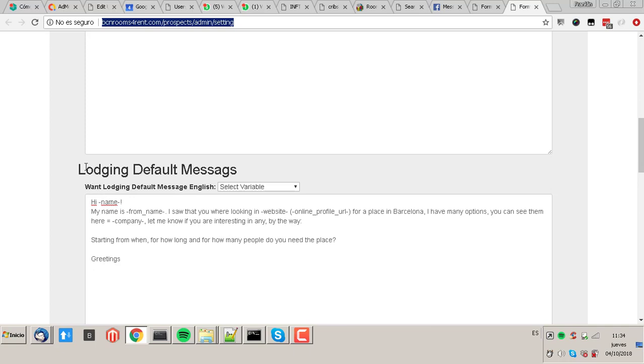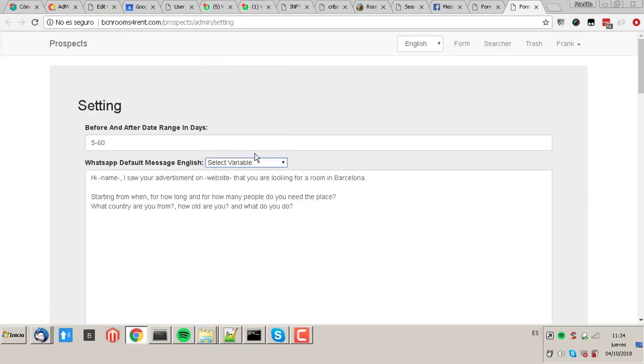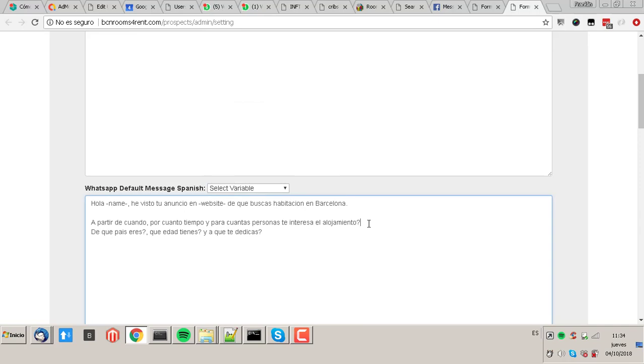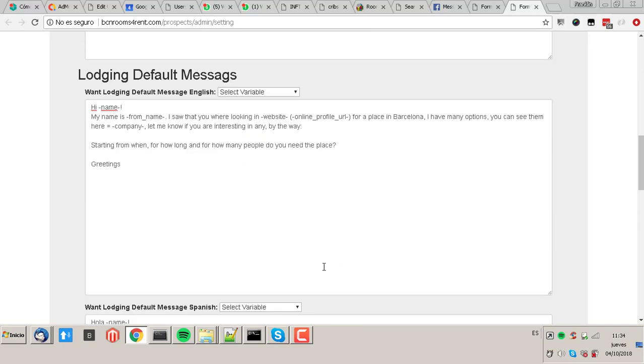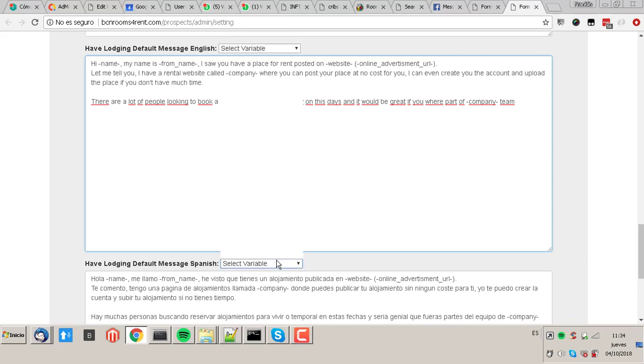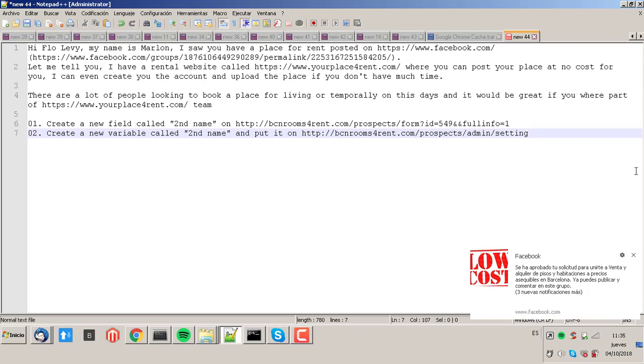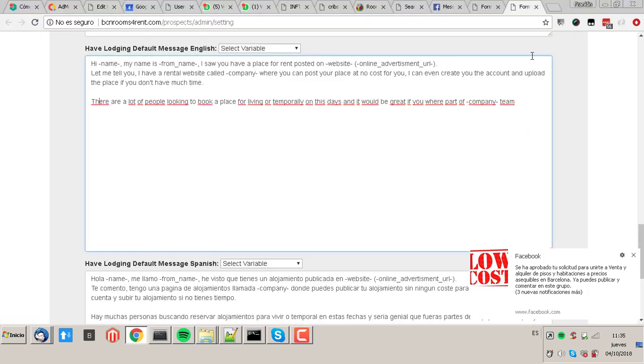I mean, not only for, because I'm showing you this video for the WhatsApp login default messages, but you can also put it everywhere. Like we have one, two places, three places, four places, five, everywhere. I believe maybe this is standard, so when we put it in one of these drop down menus, I believe maybe it will appear in all of them. We need it in all of them. Okay. Number three,